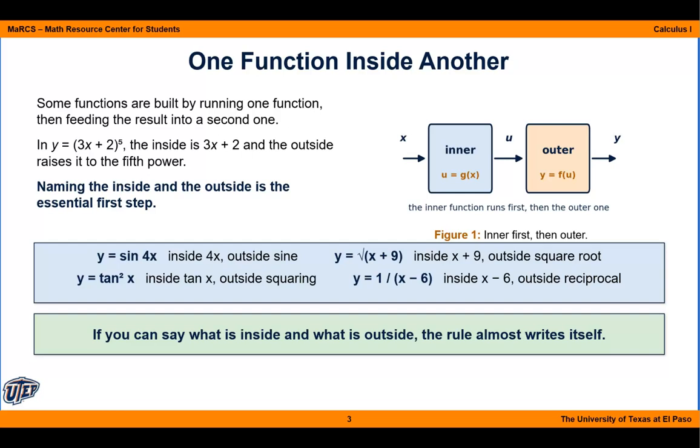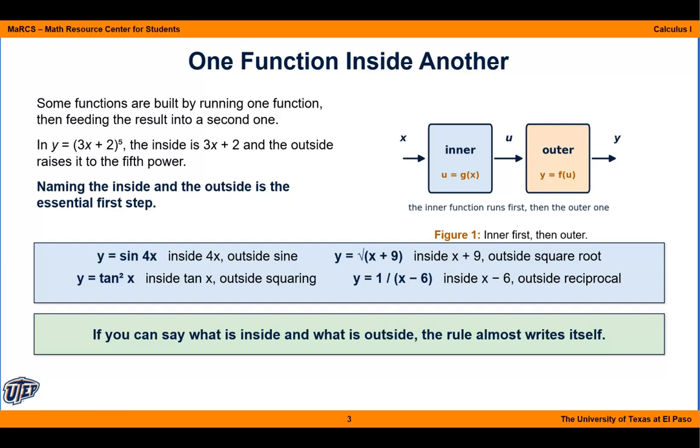Some functions are built in stages. One function produces a result, and that result becomes the input of another function. For y equals (3x plus 2) to the power 5, the inside function is 3x plus 2. The outside function raises the entire result to the fifth power. For y equals sine of 4x, the inside is 4x, and the outside is a sine function. For y equals the square root of x plus 9, the inside is x plus 9, and the outside is